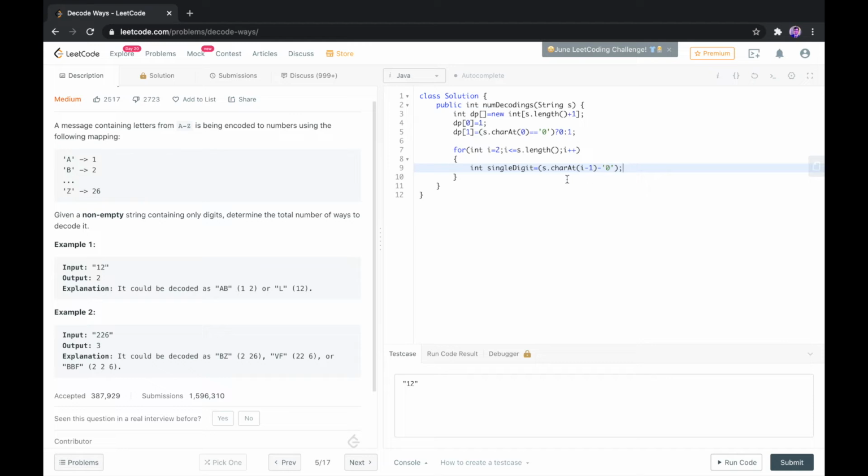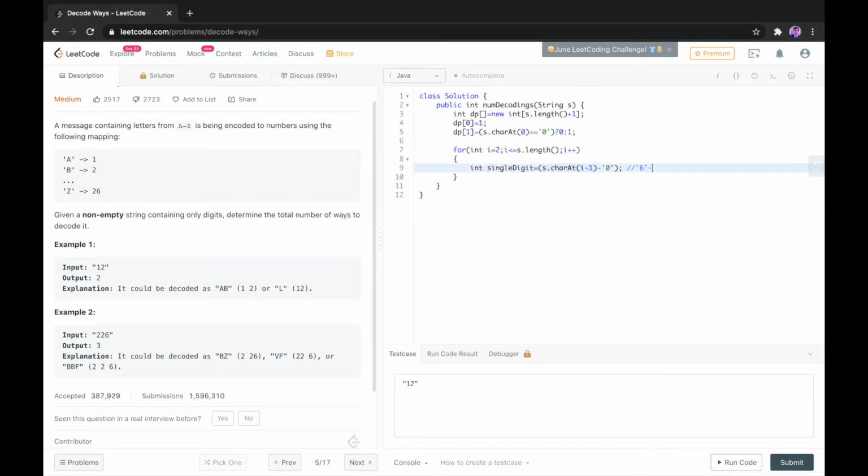If I need to extract a particular number from a string in the form of an integer, we extract a character, convert it to an integer, and store it in single digit. Consider this example 2, 2, 6: we took out the number 6 as a character first. That is what this part is doing.